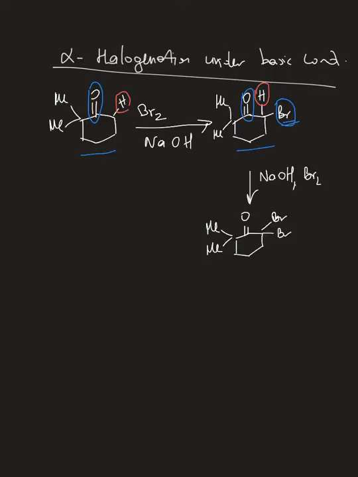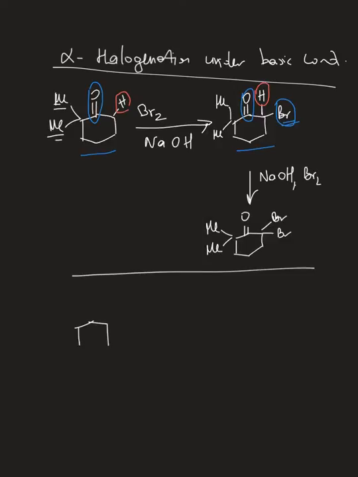So in a sense, this is a little bit less practical, right? Because you can't stop it at monobromination, but if you want to get a dibromination of a ketone, then you can actually do that, right? One thing I'll mention is you should be careful when using this halogenation under basic conditions, because here I have two methyl groups flanking that carbonyl, and I did that purposefully because if you don't have it,